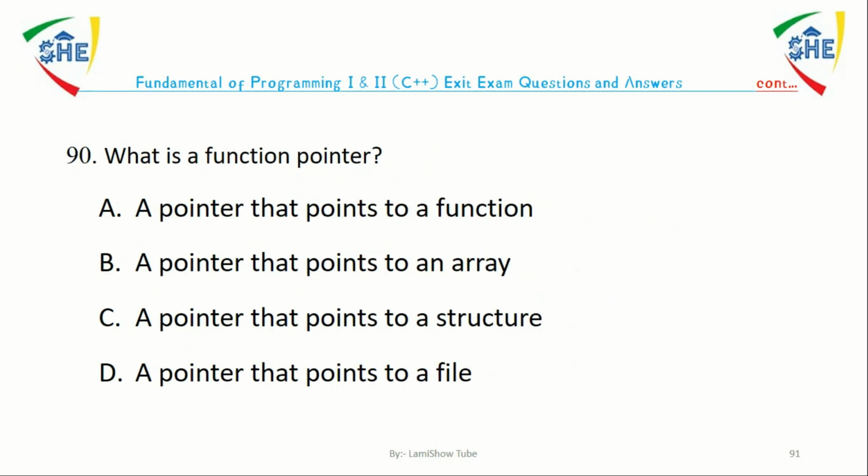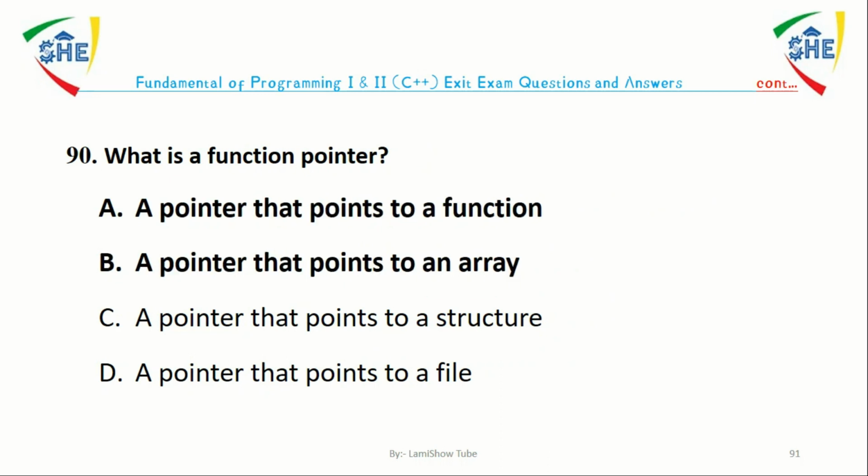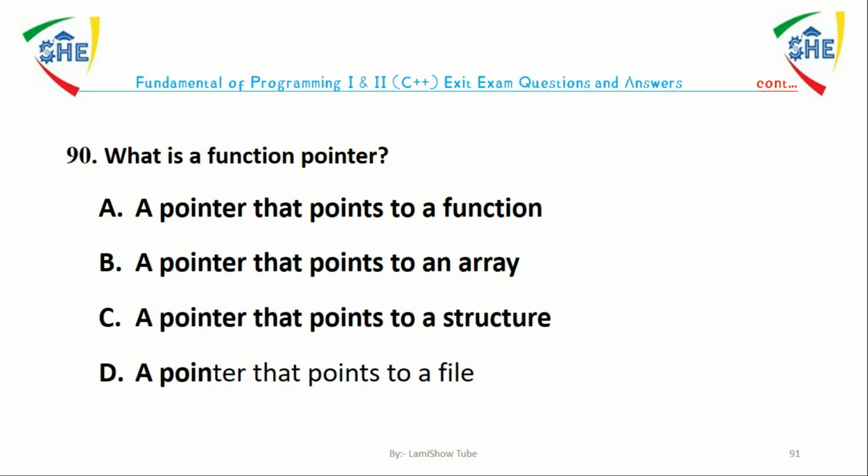Question number 90. What is a function pointer? A pointer that points to a function, a pointer that points to an array, a pointer that points to a structure, a pointer that points to a file. The answer is A. A pointer that points to a function. A function pointer is a pointer that holds the memory address of a function, allowing for indirect calling of that